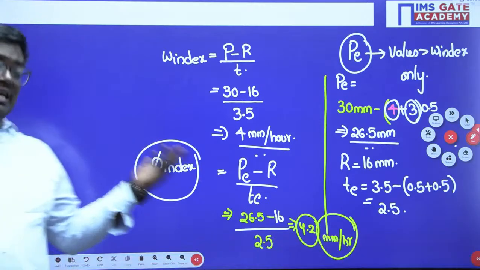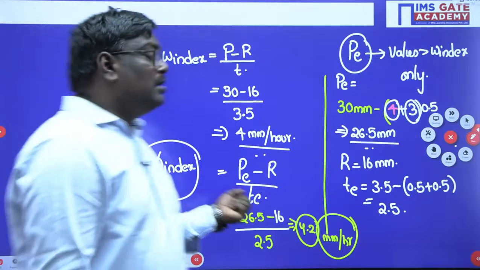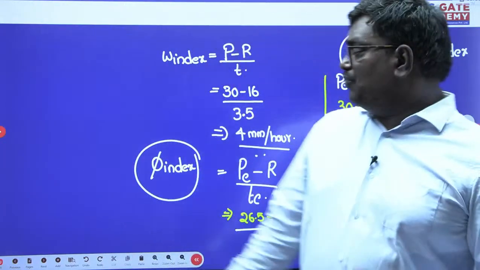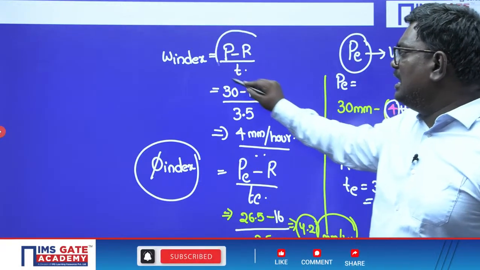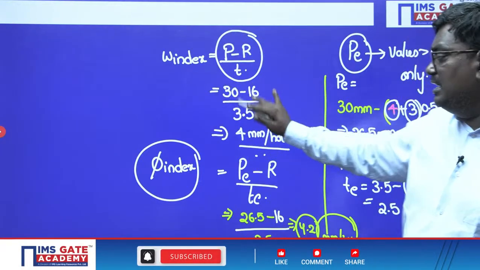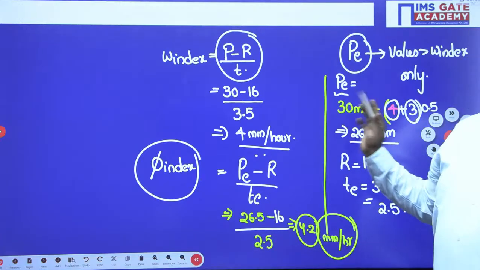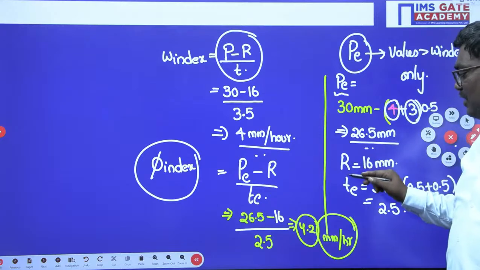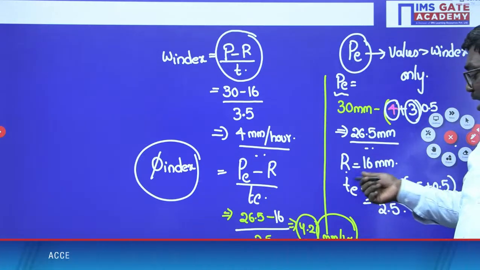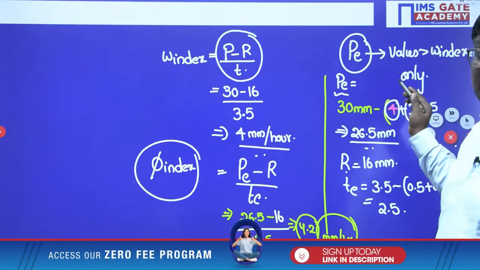So this is another way of explaining the problem related to the infiltration. First, the key takeaways from this problem: we will first calculate the W index. Now in the precipitation of excess, whatever values are more than the W index will be considered. After that we have the runoff value, and in time of excess, those values which are less we have to